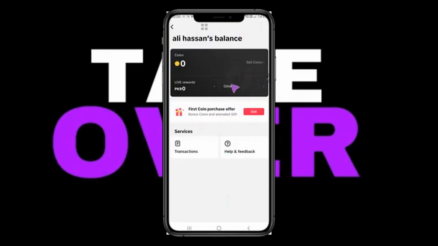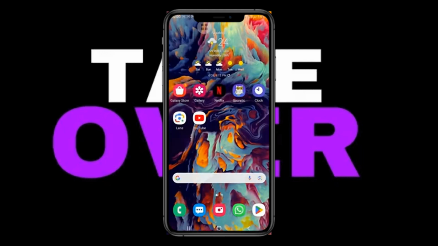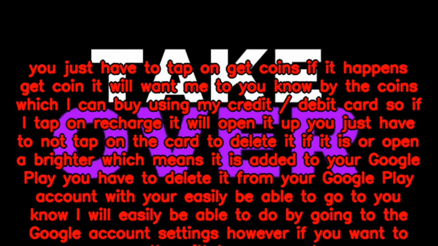You just have to tap on the card to delete it, or if it shows a Google Play sign, which means it is added to your Google Play, you have to delete it from your Google Play account. I will easily be able to do that by going to the Google account settings. However, if you want to remove the withdraw account, you